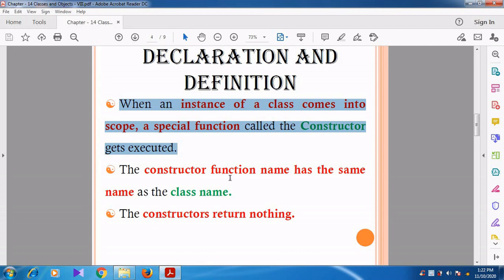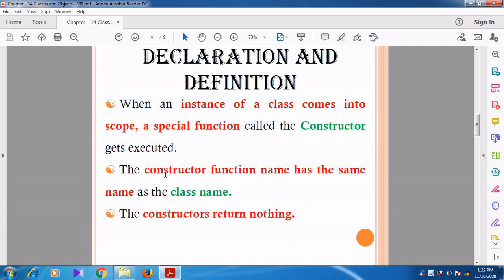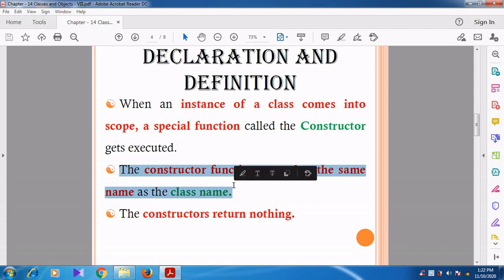Then why do they say constructor is a special member function? Can you say, students? Because the constructor function name and the class name are the same. The constructor member function has the same name as the class name.